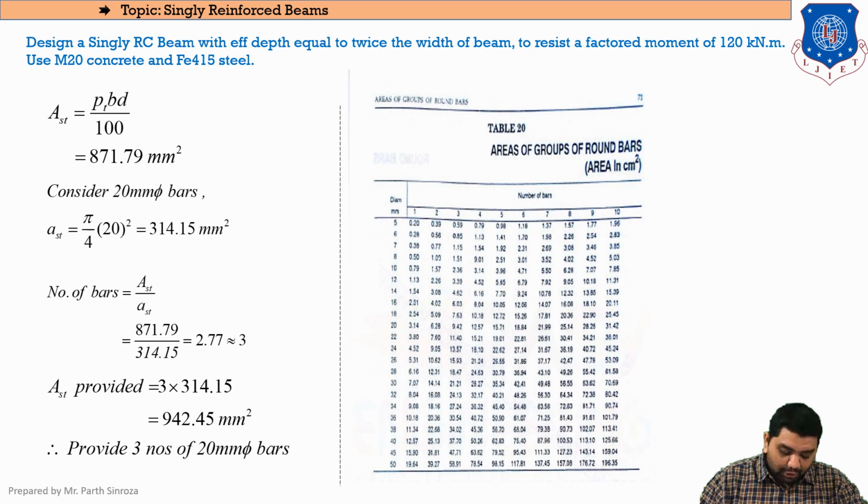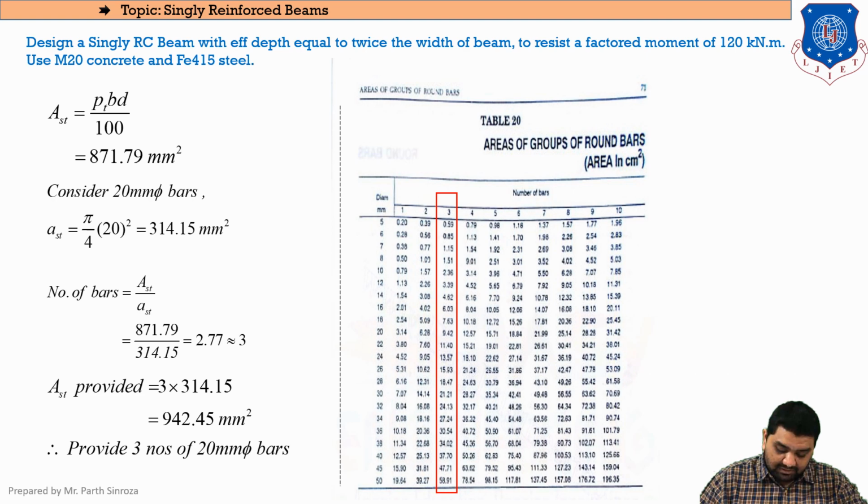And regarding the bar diameter, you need to provide bars between 14 to 24 mm for a singly reinforced beam. As we have provided 20 mm bars here, you can see that 3 bars have been provided here, at 20 mm diameter. The area being provided is 9.42 centimeters square, clear? Or you can say 942 mm square. We have already obtained the 942 mm square. So this is the direct method using the steel table that we can use to obtain the values.